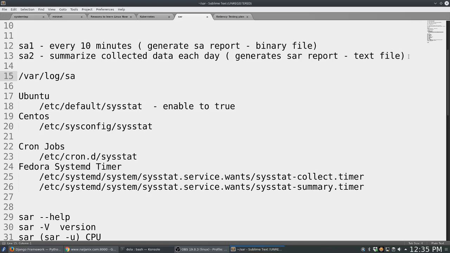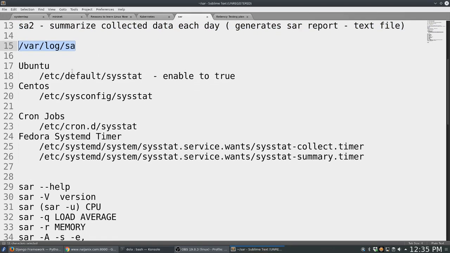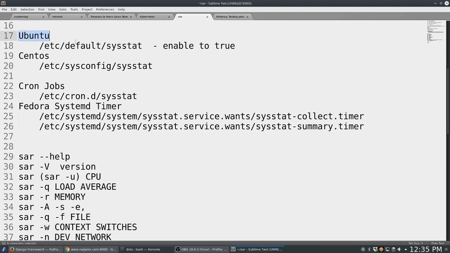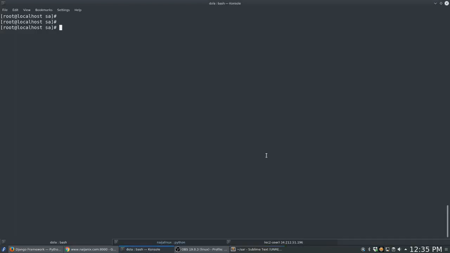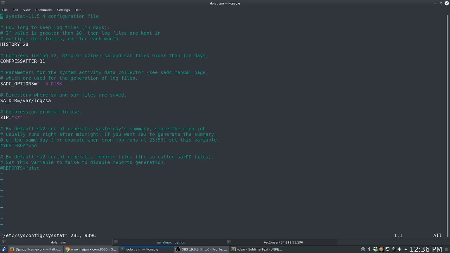That is about SA1 and SA2, and also the directory where all the reports are kept is /var/log/sa. On Ubuntu systems, the config file that you want to check out is /etc/default/sysstat. Then you have to enable the SAR operation. On CentOS systems, the config file is /etc/sysconfig/sysstat. For example, I am on a Fedora system, so I will look at /etc/sysconfig/sysstat. So you see, this is